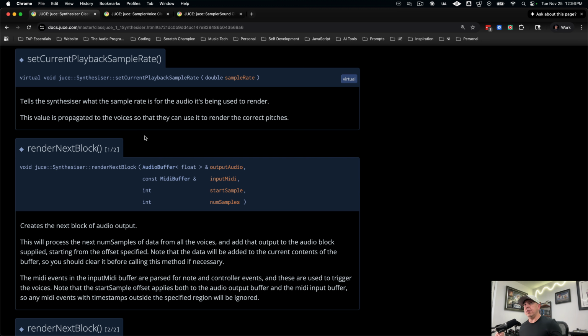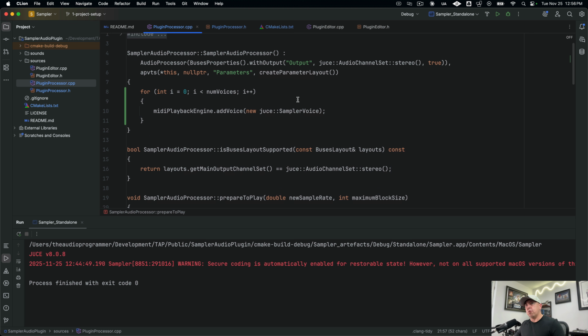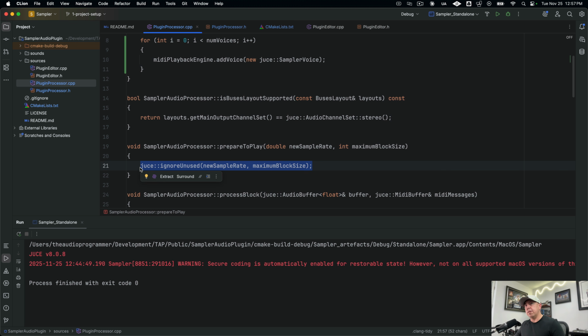Now we're back in the Synthesiser class documentation, and the next method that we need to call is called setCurrentPlaybackSampleRate. This is so when our playback engine is trying to play back a sample, it's able to play it back at the correct pitch. And in order to do that, it needs to know what the current sample rate is. So the place where we're going to do this is in prepareToPlay. So if we scroll down to our prepareToPlay function,